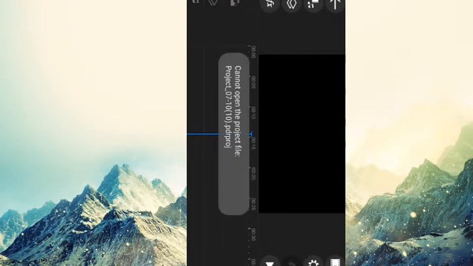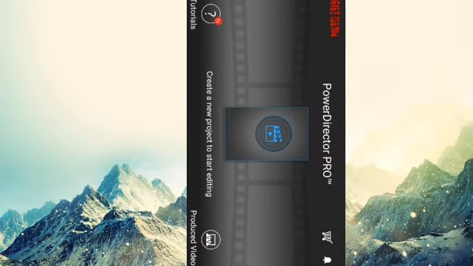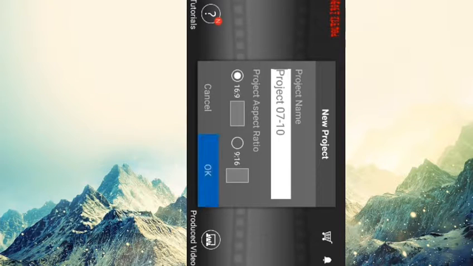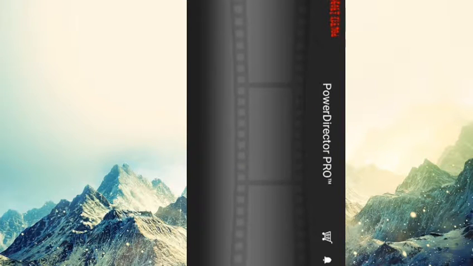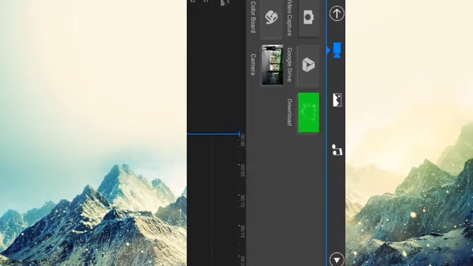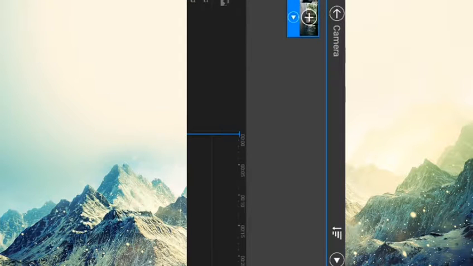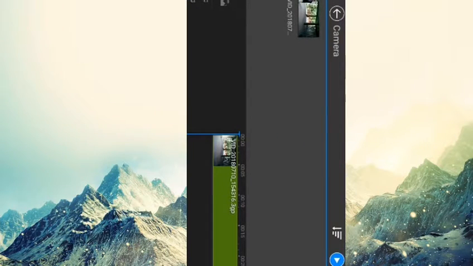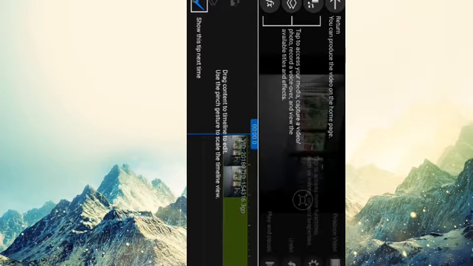When you open it, the interface will come like this. Then you click the plus, then click OK. Then you select your original video. Then you can make